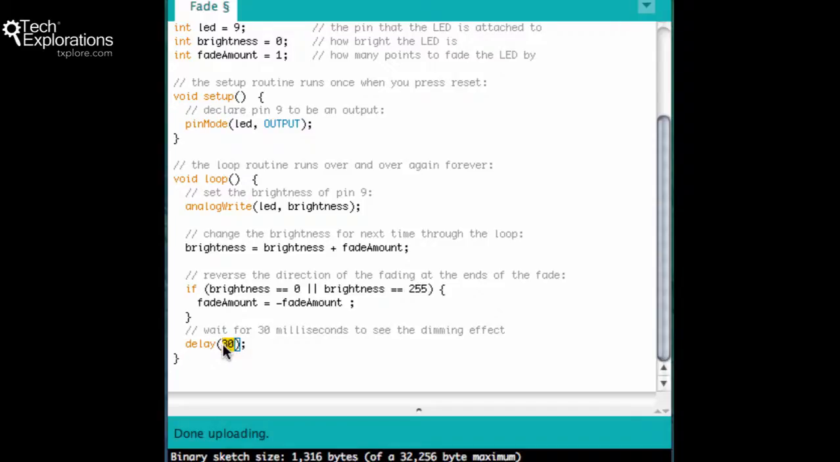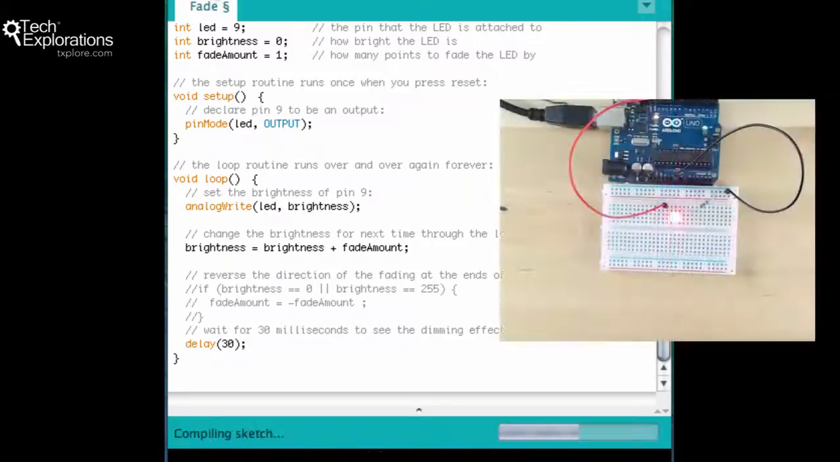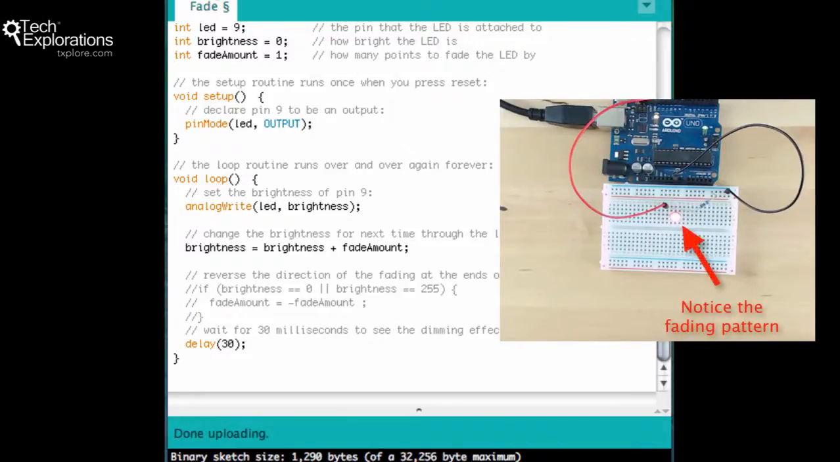I strongly recommend that you experiment with this little script and just make some changes. Change the delay number, for example, here. Change the fade amount. Even change this code here to see what happens, for example, if you comment it out. So you can comment bits of code out, then re-upload your sketch to see what the effect is going to be. So what I've just done now,